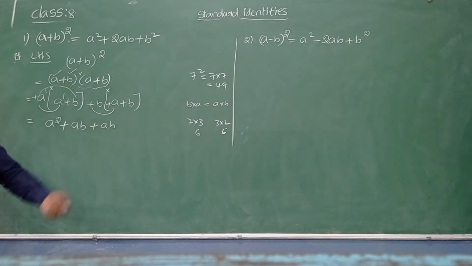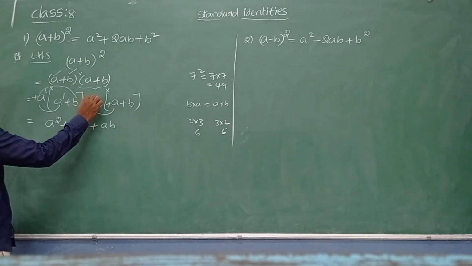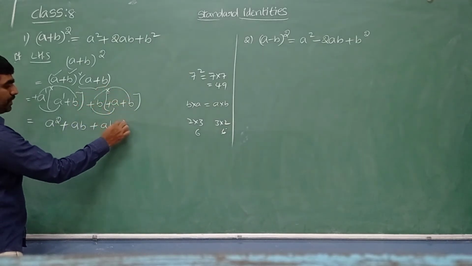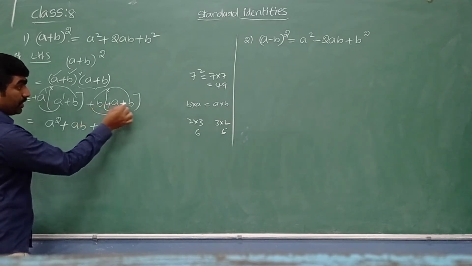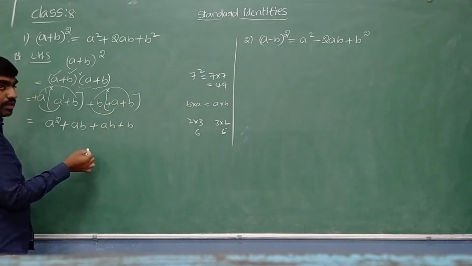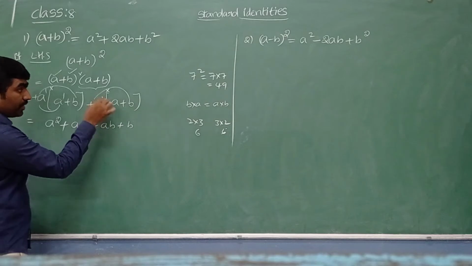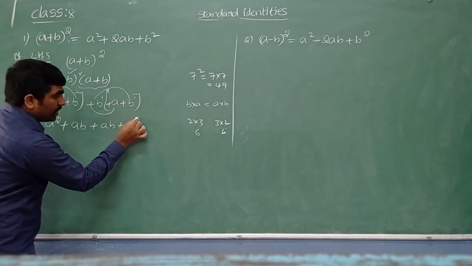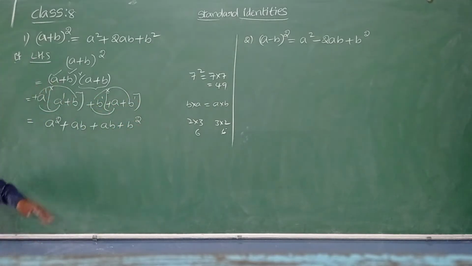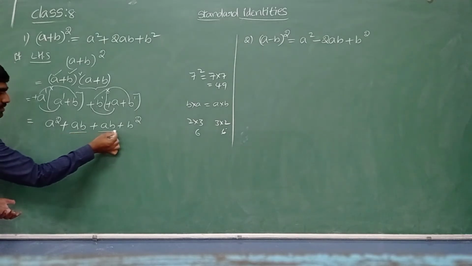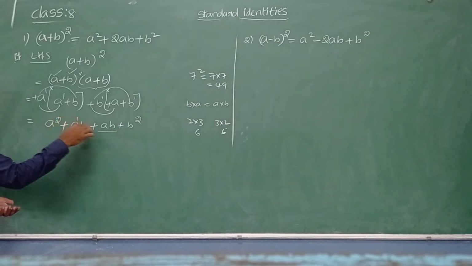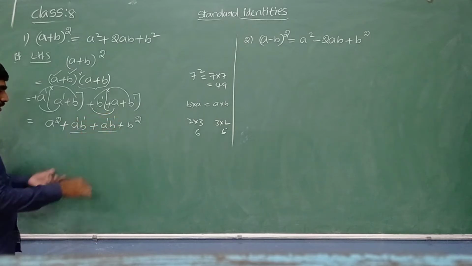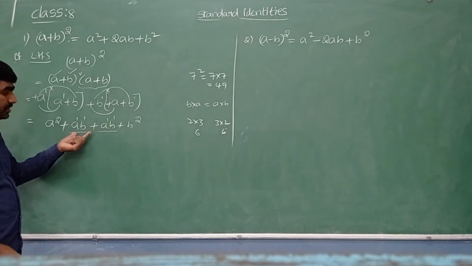Like alphabet order writing. Now multiply the monomial with the second term, plus into plus is plus, B into B. Same variables multiplication, right? Only one variable, and the power is obtained from the sum of the powers, 1 plus 1, which gives 2. Now simplify if any like terms are there. What are like terms? Same variable with same power. Here you can see AB and AB, same variables and the powers are 1, 1, 1, 1. These two are called like terms.